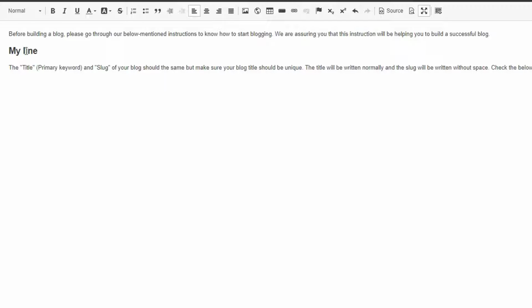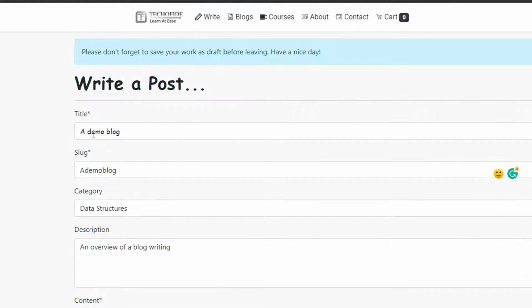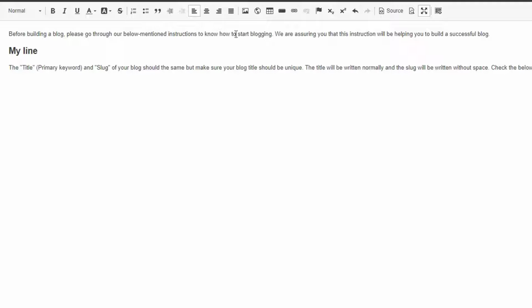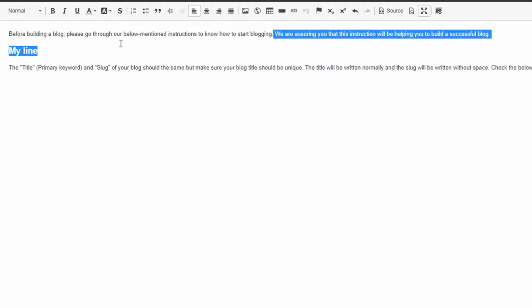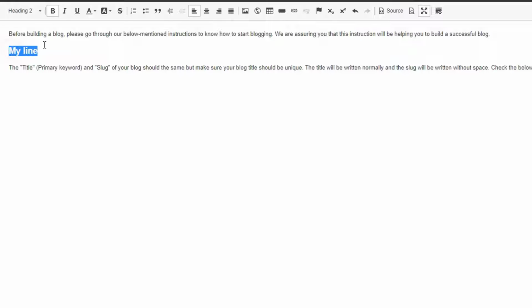Now this is how our structure is working. I am just repeating, our structure is like an H1 heading, then we have a description, then this is our overview, the whole of this is our overview, then this is our H2 heading, then this is our paragraph. Now let's suppose I want to attach a link here.